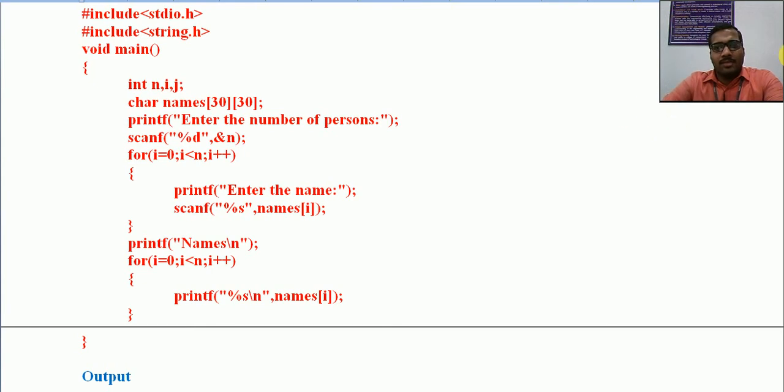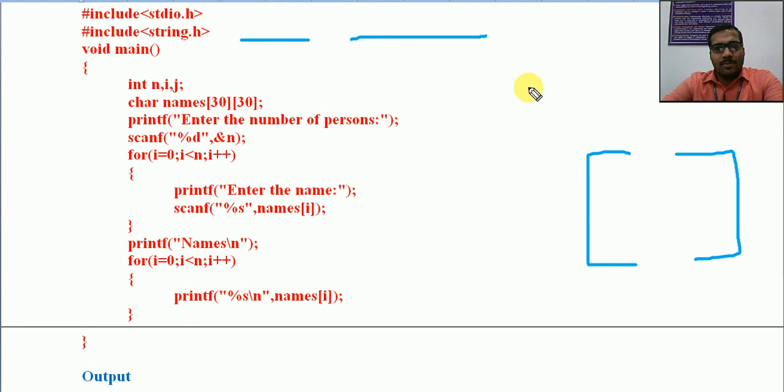So let us see the program. See the program very carefully. After this we'll work on a somewhat larger program, because this one is only reading and printing. If you want to do some processing, that can also be done later.